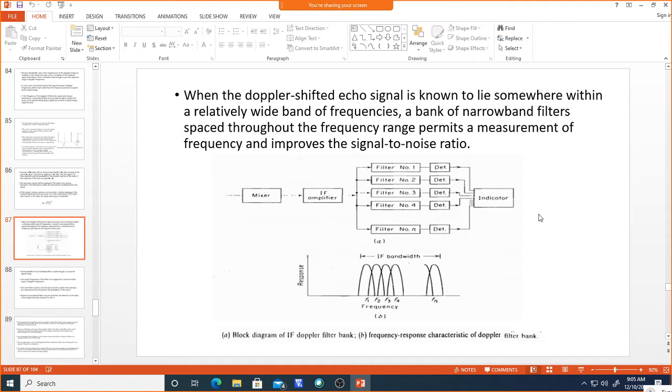Okay, so in the last class we were discussing filter banks, which are used to improve the receiver bandwidth, and also to improve the signal to noise ratio. After the RF comes the IF amplifier, which converts from RF to IF in a simple continuous wave radar. So if you put in the filter banks, as I said, it will improve the receiver bandwidth, and because of this the signal to noise ratio also improves.